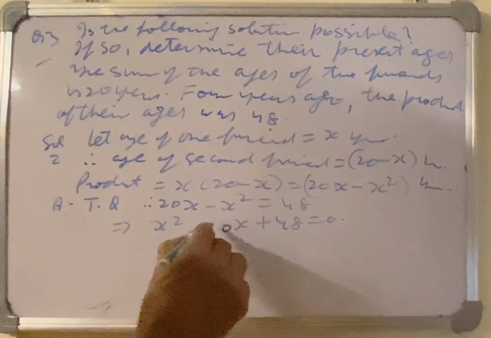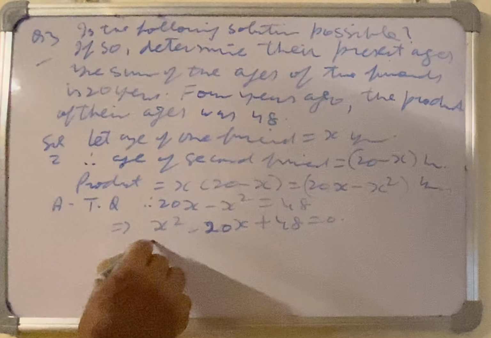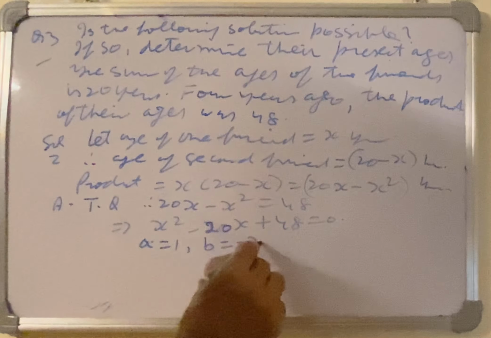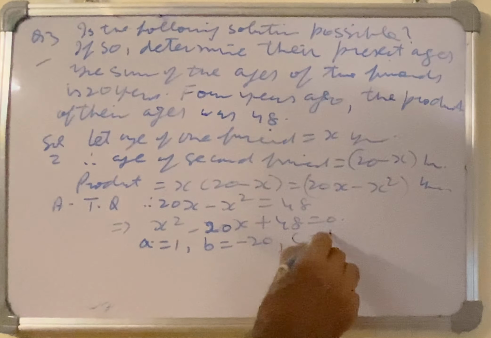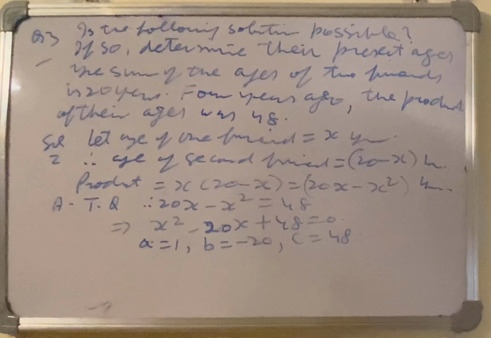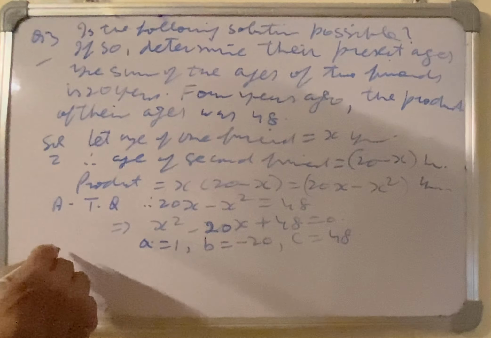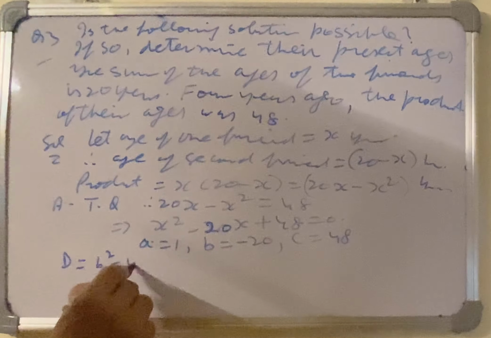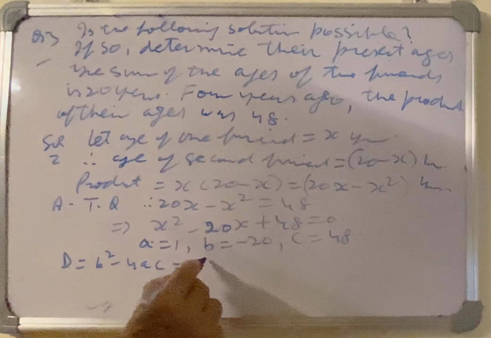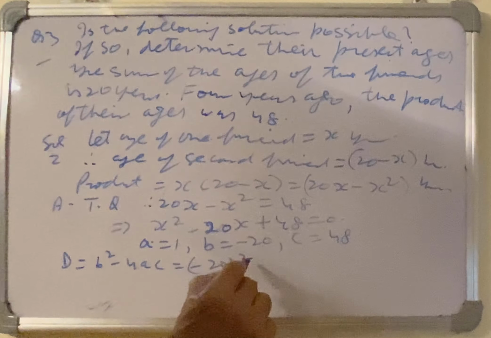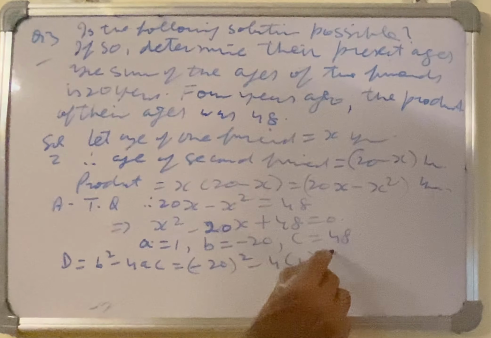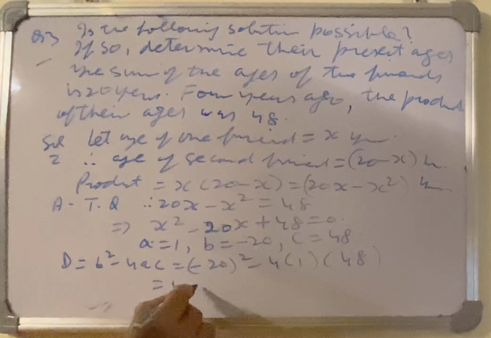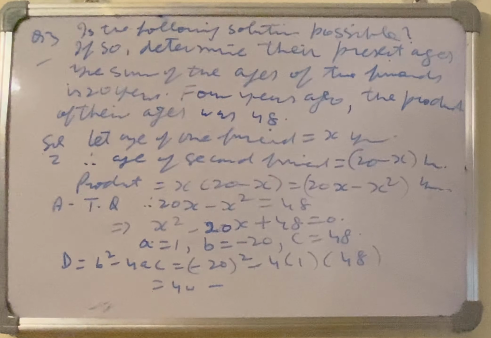Now we solve this. A is 1, the coefficient of x square, B is minus 20, C is 48, which is a constant term. So the discriminant is B square minus 4AC, minus 20 square minus 4 into 1 into 48. 400 minus